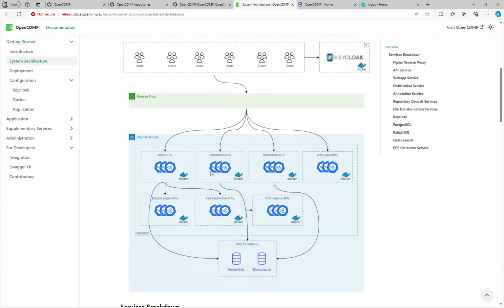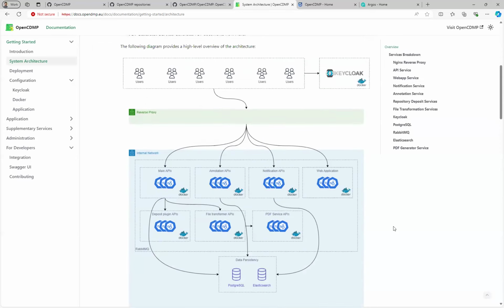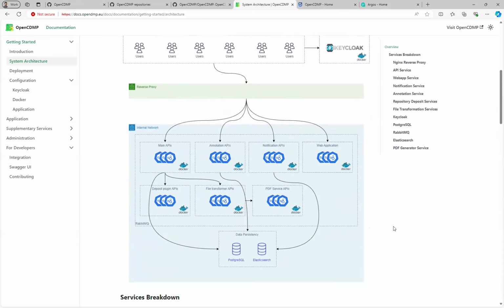We have some main APIs, for annotations, comments, notifications, etc., the web client that is being used by the users, and then multiple plugins that can be replaced. For data persistency, this hasn't changed from the past. We're still using PostgreSQL and Elasticsearch. That's pretty much the high-level technical architecture of the software.